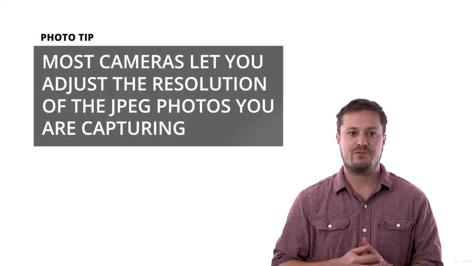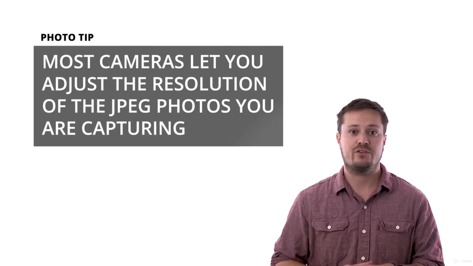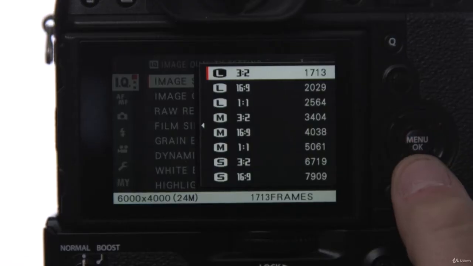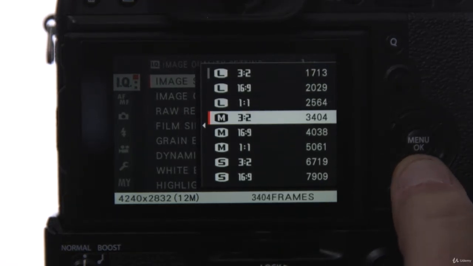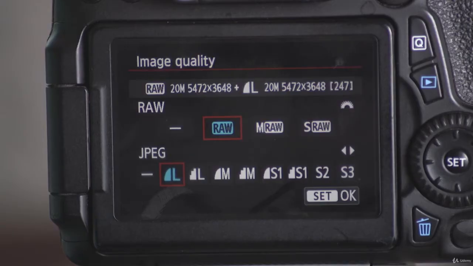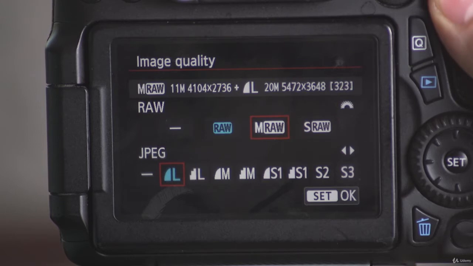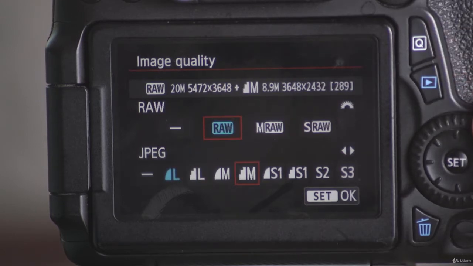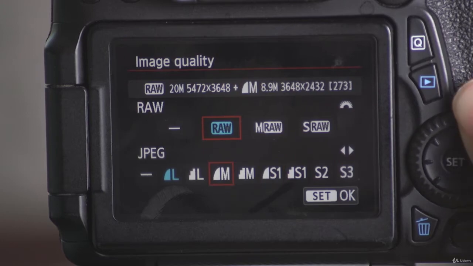You may even have different options for how much JPEG images are compressed and what resolution you want to shoot in. This is usually represented in your menu by L, M, and S. L is the best quality, M is the middle, and S is the lowest. Large, medium, small. There might even be 2L or 2M and 2S options. The options with a curved symbol is a higher quality and does less compression than the stepped icon.